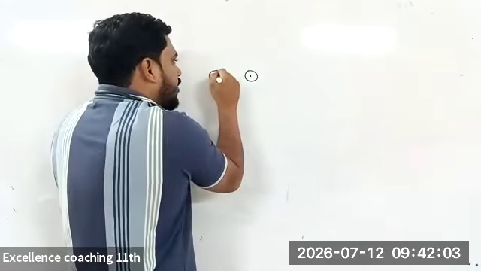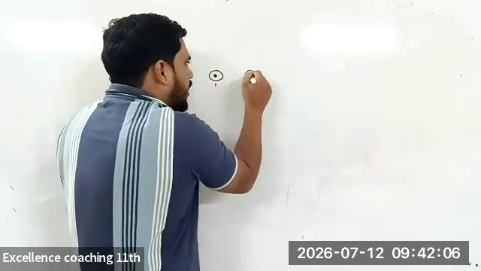So the distance between the center of the nucleus of the first carbon and the center of the nucleus of the second carbon,